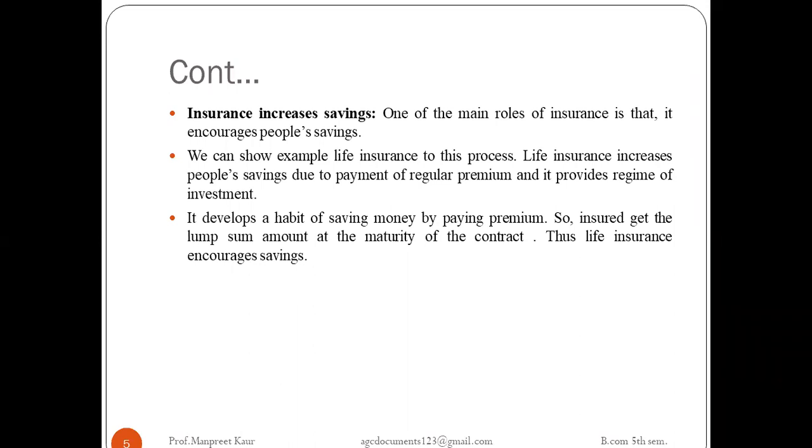Any client or individual who opts for this kind of policy needs to pay a particular amount of premium after a particular period of time, and that payment of regular premium helps in increasing people's savings, because they pay the premium to the insurance company, and it helps in further investment of the money in the right place, which gives benefit in future whenever the amount is needed in the case of any kind of loss or any kind of